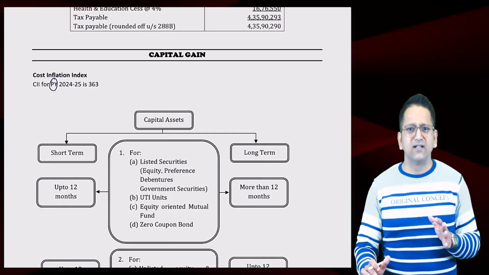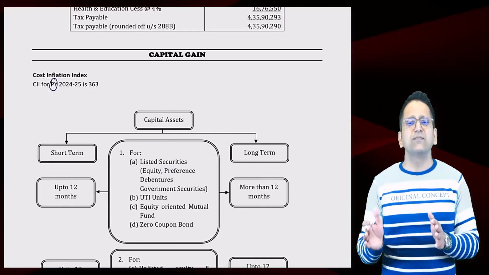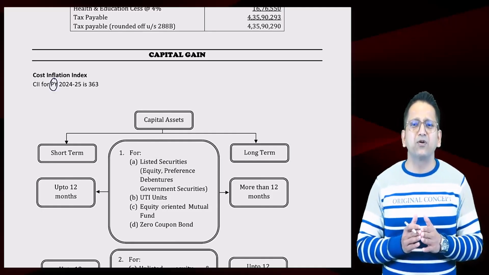Capital asset. Whether we call it long term or short term used to depend on the holding period. With respect to some assets, if it is more than 1 year, then it is long term. 2 years or more is long term for some assets, and for some assets, 3 years or more is long term. The 3-year criteria has been removed, it is eliminated. The 3-year and 2-year criteria have been merged. This means the assets for which 3 years was considered long term have been merged with those assets that were considered long term after 2 years.